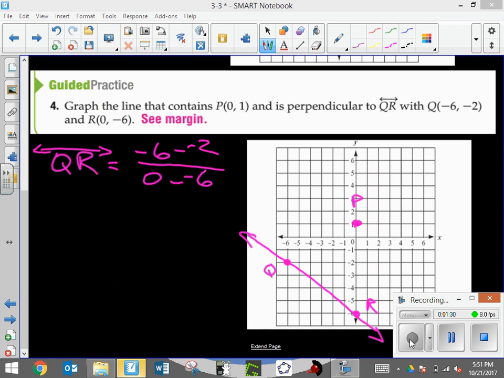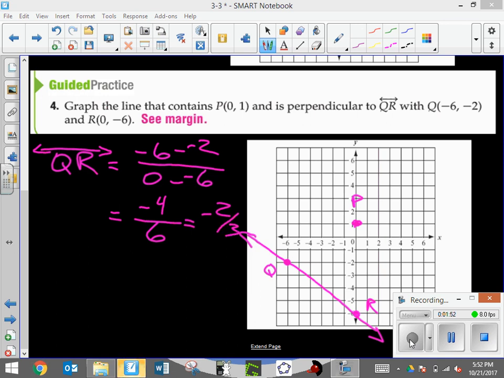So on top, that's really -6 plus 2, which gets us a value of -4. And then on the bottom, that's again plus, so 0 plus 6, that is a positive 6, which is going to simplify to